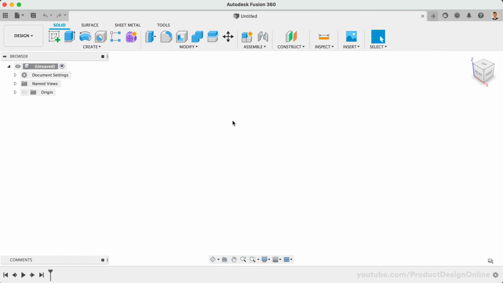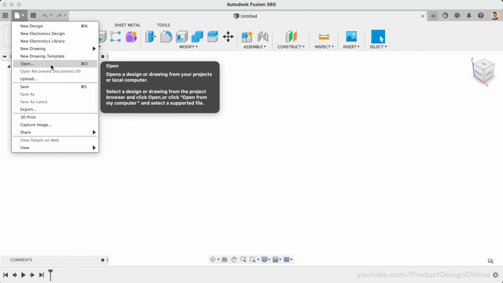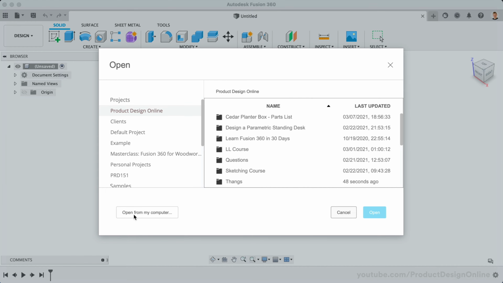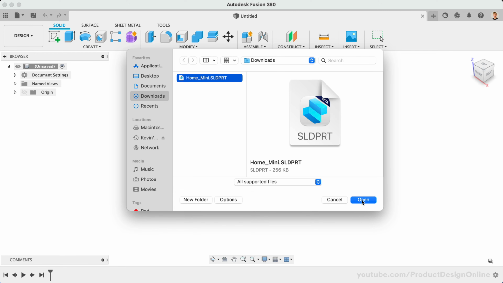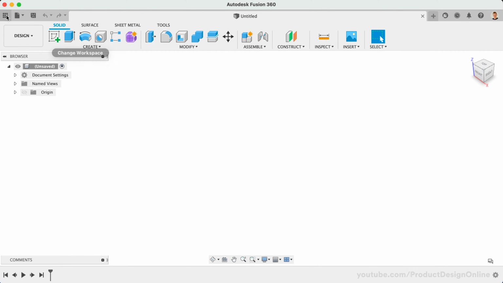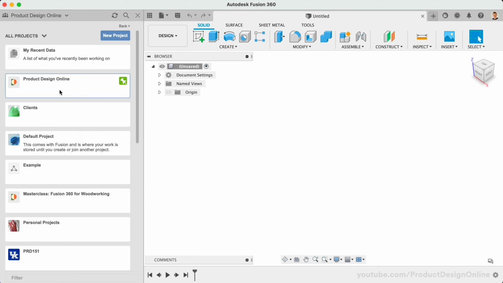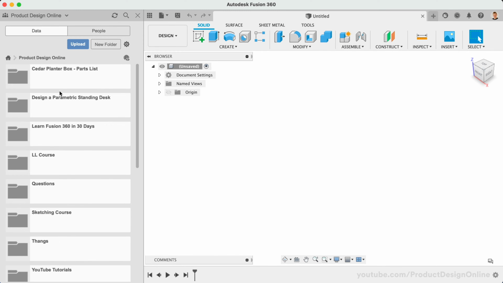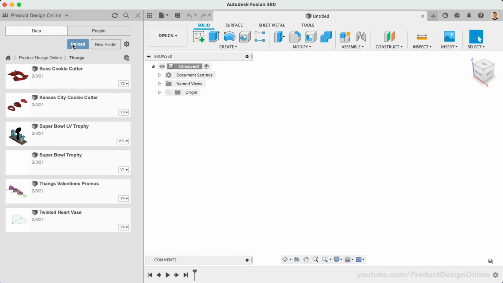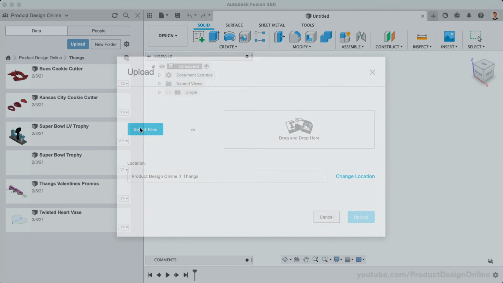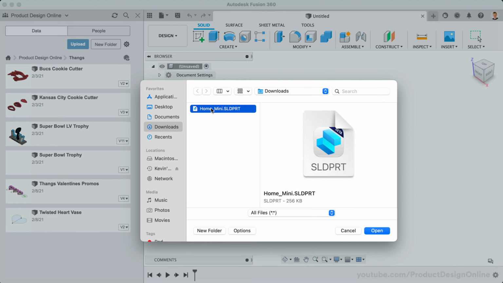There are two main ways to import a file into Fusion 360. First, we can go to File, Open, Open from my computer, and select the file, followed by the Open button. The other option is to open your data panel, open the desired project location, and create or choose an optional folder. You'll then be able to select Upload, followed by selecting the file or dragging and dropping it onto the